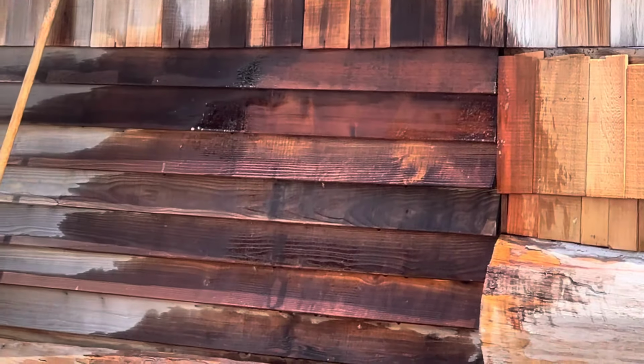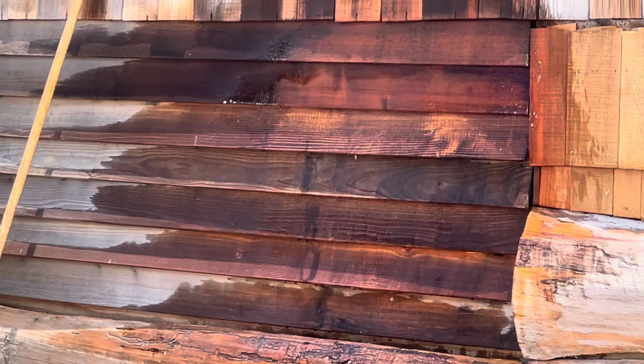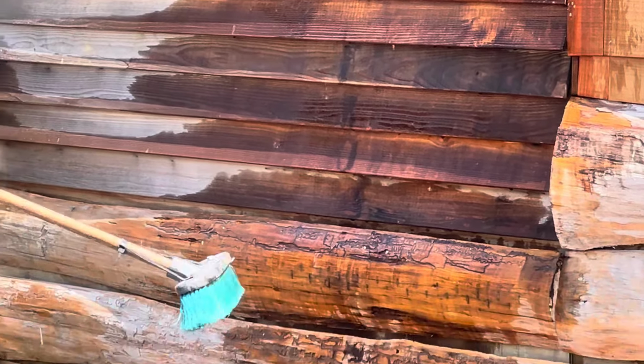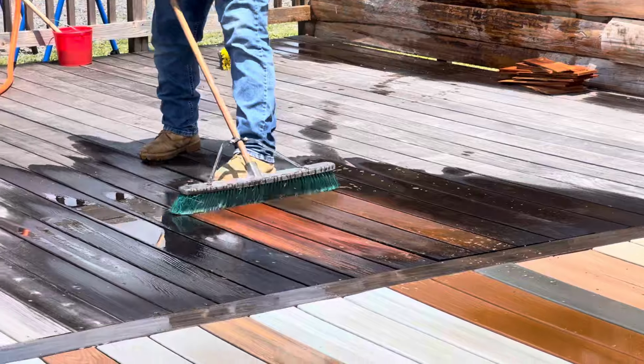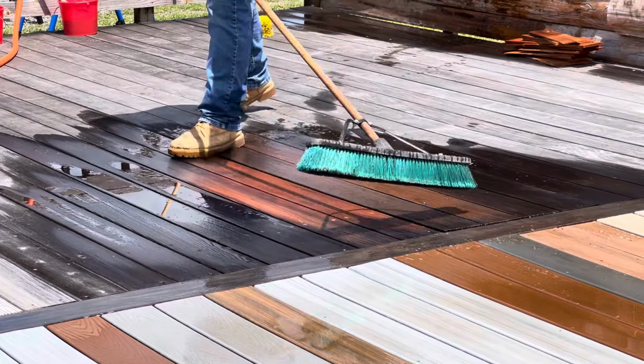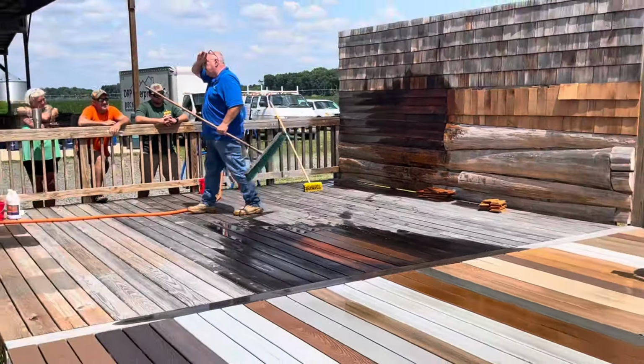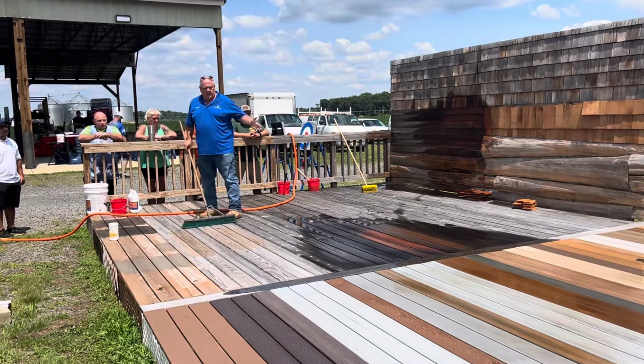Again, as we get through this, just keep coming back out and we'll take a look at all this stuff. And you can see a huge difference in the wood. So you could either take a blower, you could broom it off, let it dry. You could go, if you want, go get a cup of coffee, go get lunch. But we could clean a deck in